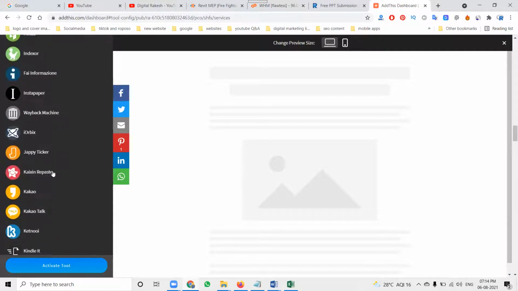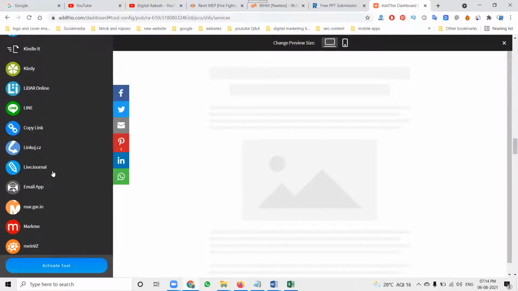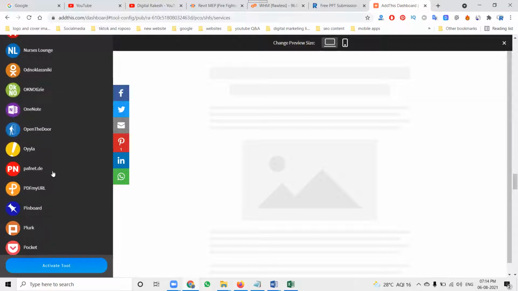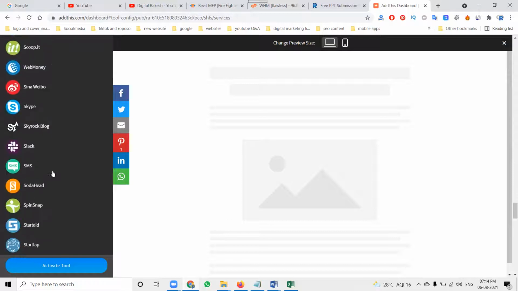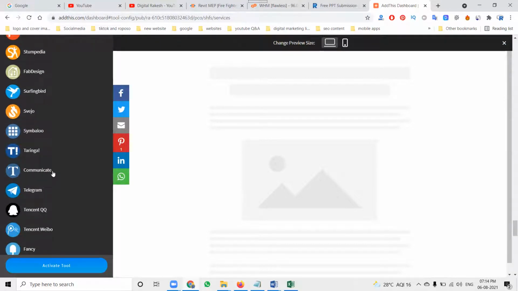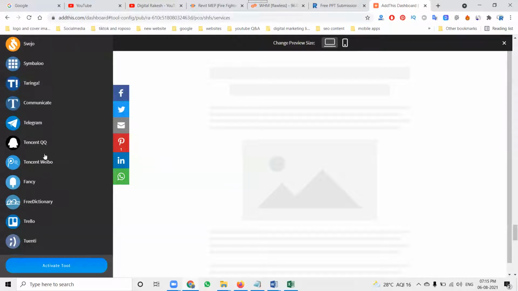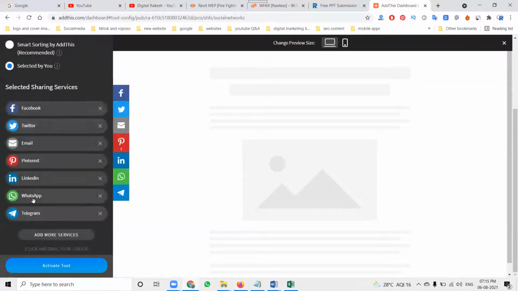So if you are opening on mobile and open your Telegram account to share the content, you can share the content on Telegram also. So the alphabetical order is given here. Select the pattern here and select Telegram also. So where is Telegram? Click here. After this, we have to add this pattern here.